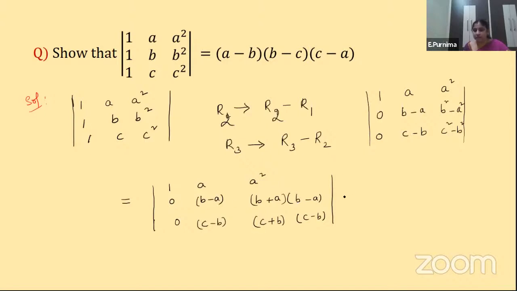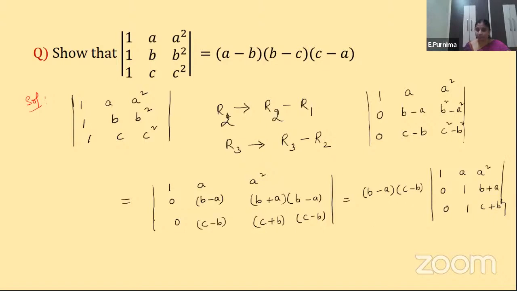Yes. So B minus A can be written outside, as we just discussed in one property. Now second, let us see the third row. What is common here? C minus B is a common factor here, so C minus B is written outside. Now what are the remaining determinant elements? 1, A square, 0. Here if you take out B minus A, what is left here? 1. And what is left here? B plus A is left. Here also 0. C minus B is taken out, so 1 is left here. C plus B is left here. Understood, children?